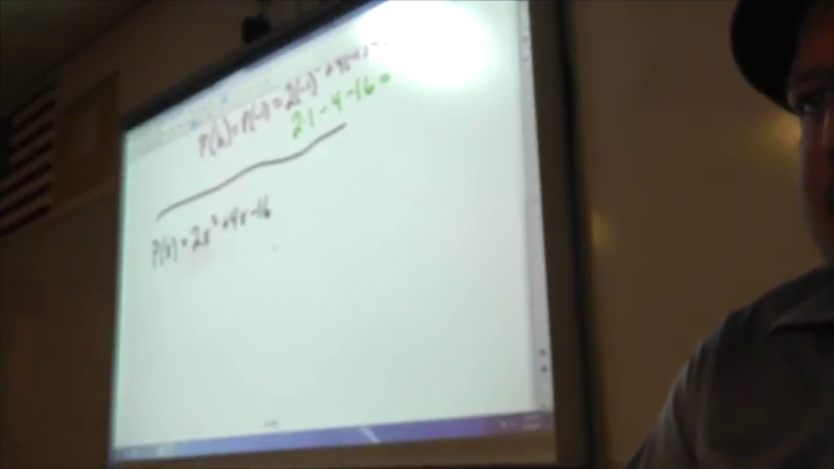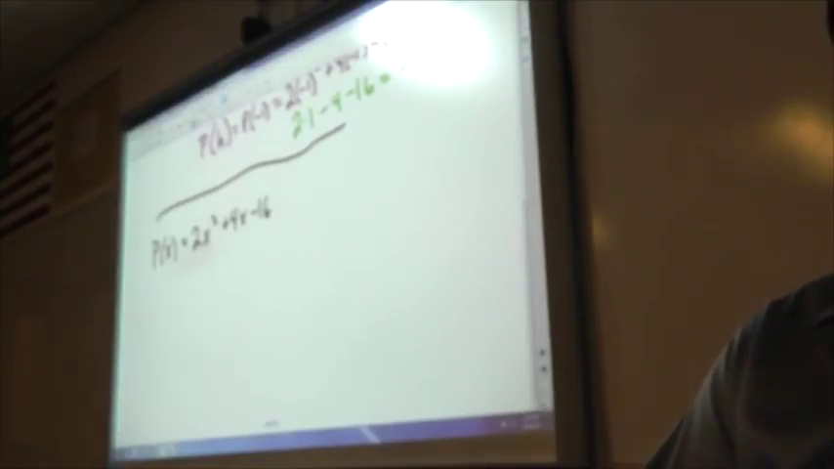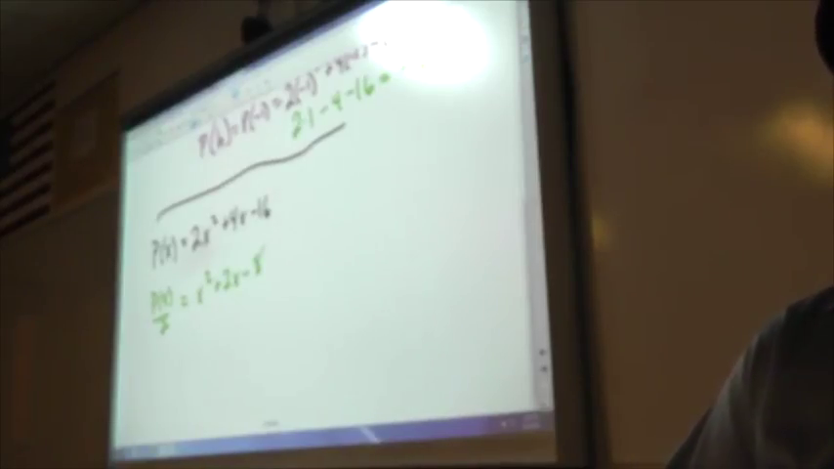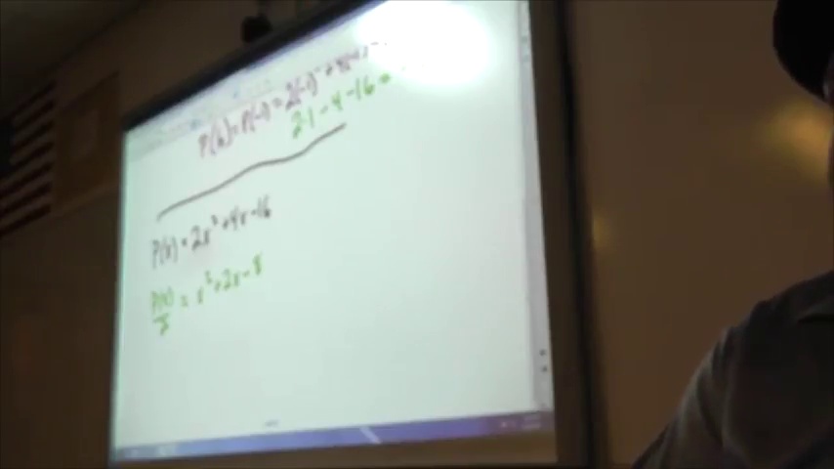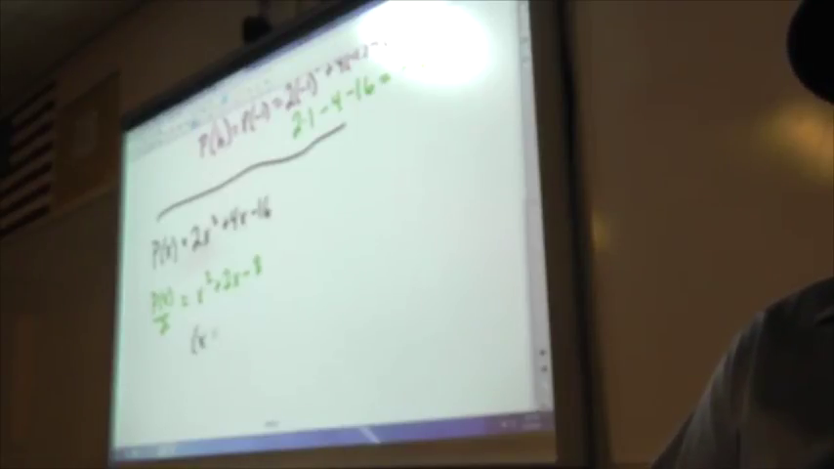to say, well, I am going to just get rid of this negative 2 because it's complicated, or this 2. So I'm going to write p of x divided by 2, and then I'm just going to have x squared plus 2x minus 8. Now I can do the same thing. What's nice here is I don't have to factor anything out. So then I just write x plus